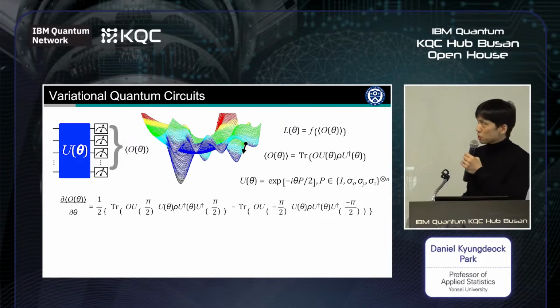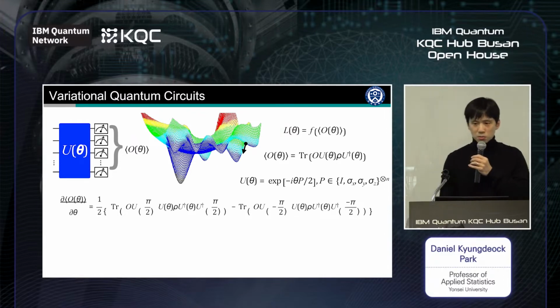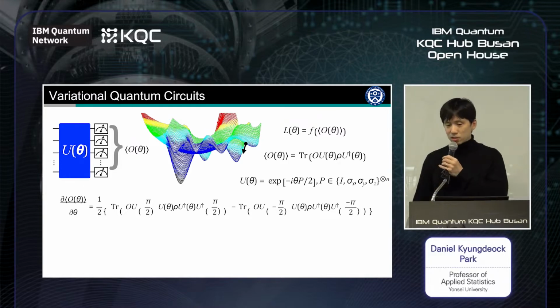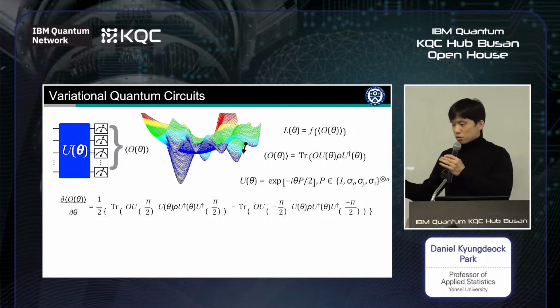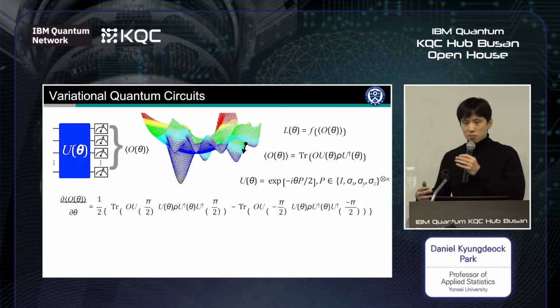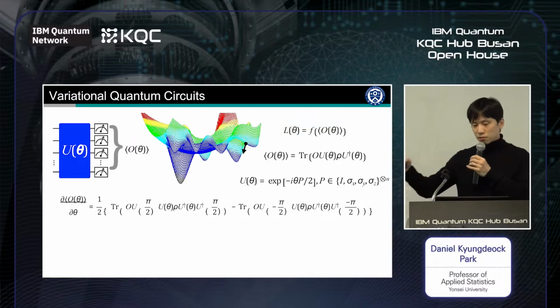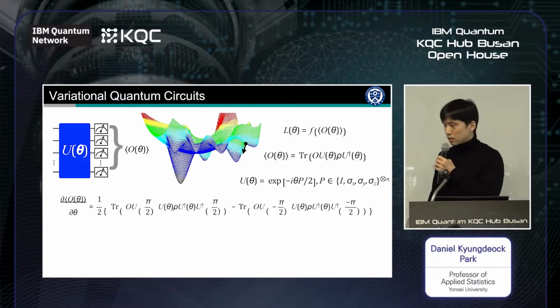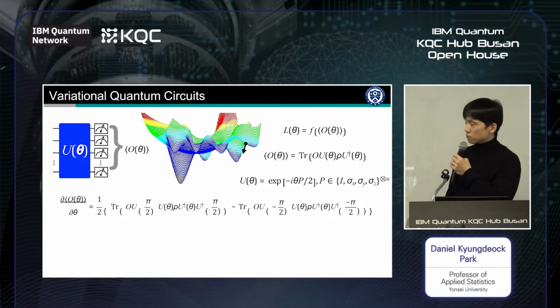And because we design the quantum circuit in a way that it's hard to simulate classically, we can say that such a loss function that we construct out of a quantum circuit will be very hard to compute classically. Okay, so that's all great, but once we define the loss function, we need some algorithmic means to reduce it, right? We need a way to find the minimizer of such a loss function. And we know that gradient-based optimization is quite useful for that. In other words, we want to be able to compute the gradient of such a loss function with respect to the